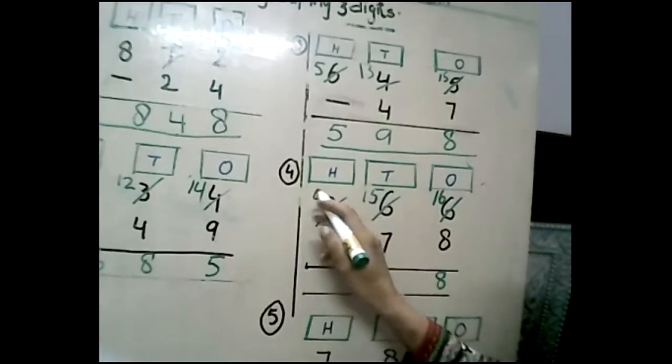यहाँ से हमने borrow कर लिया, एक ले लिया. So it will be 8. 15 minus 7, it will be 8. And now it will be the 8. See, 8, 8 and 8. This is ones, tens and 100. Question number 5 is